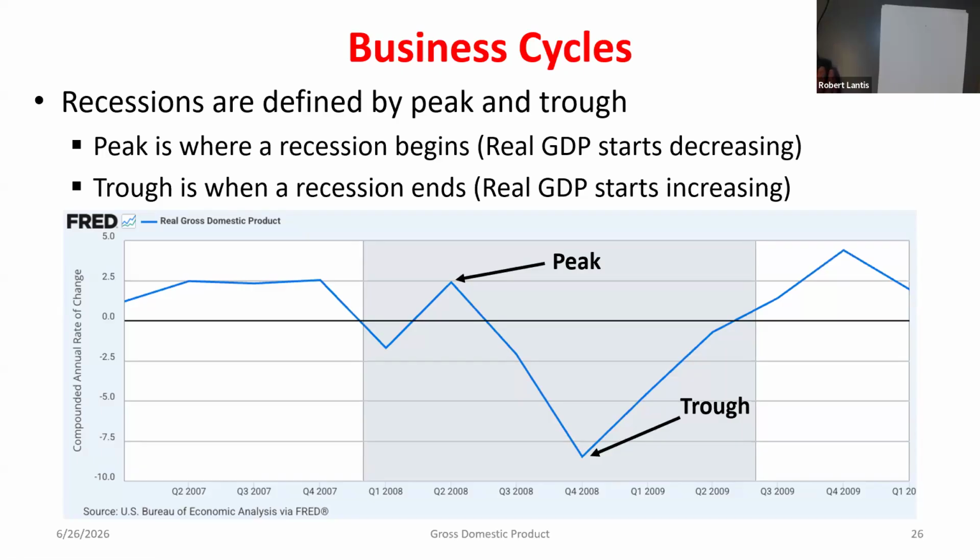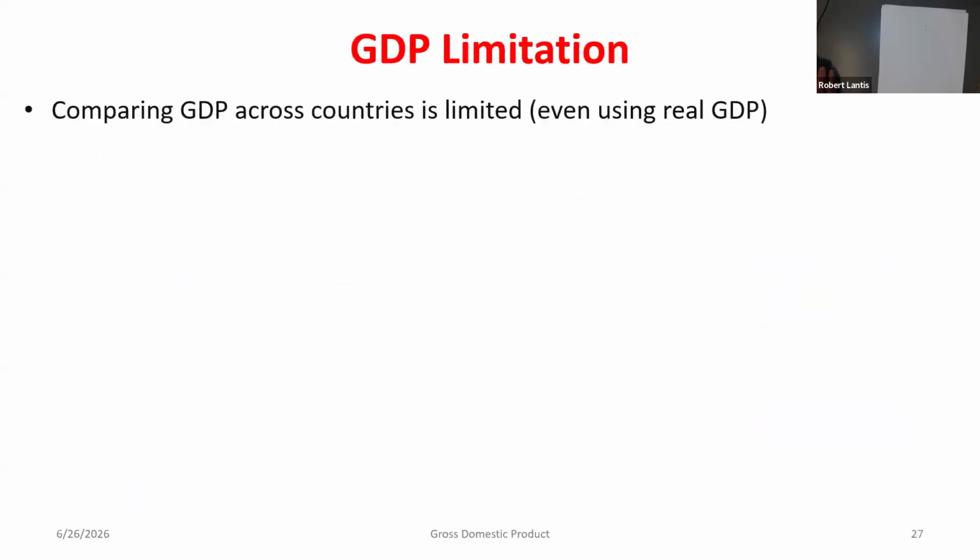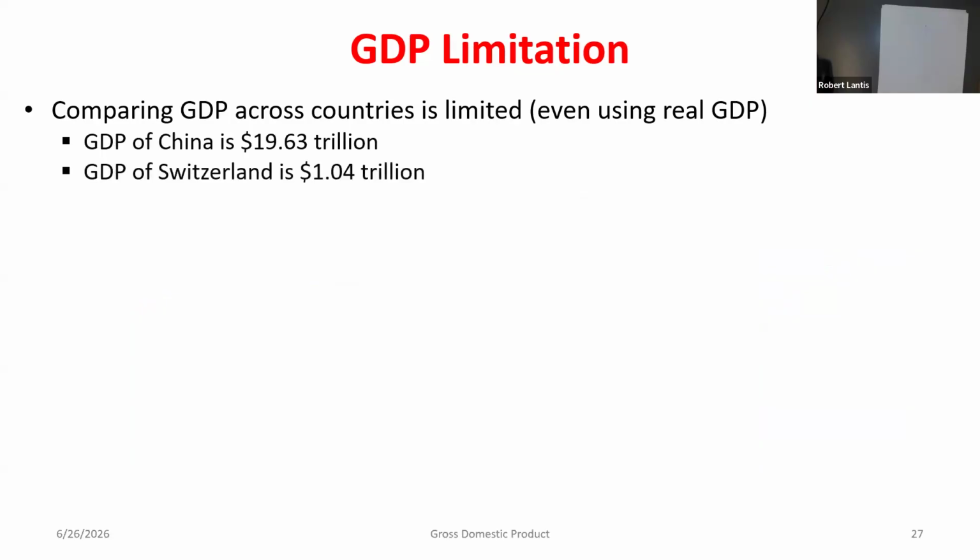All right. So what are some limitations of using nominal or real GDP? Okay. So we'll have this example where let's say I was looking at nominal GDP values. We'll just start out with nominal. We know there's an issue there because we haven't adjusted for prices, but I'll highlight this a little bit. So if I've got relatively large GDP in one country relative to another, well, why would we expect